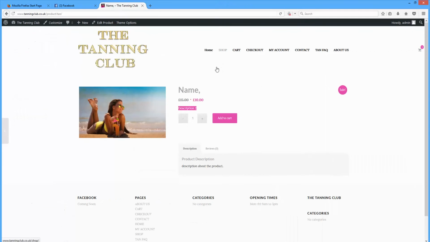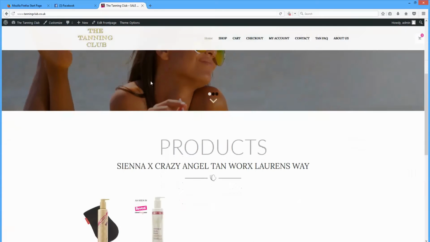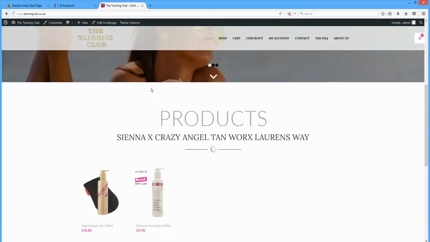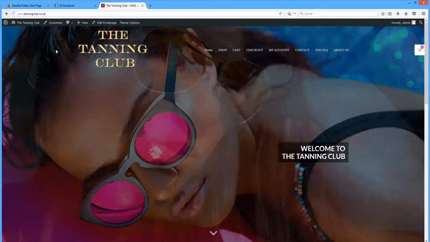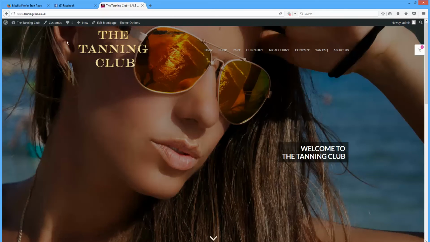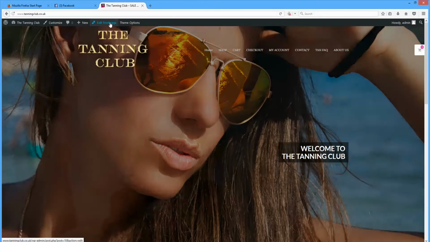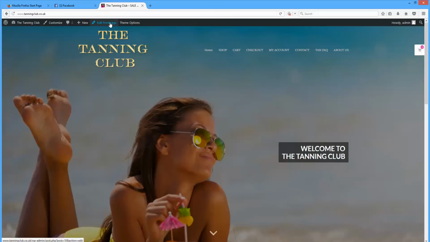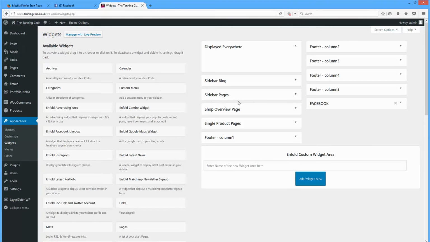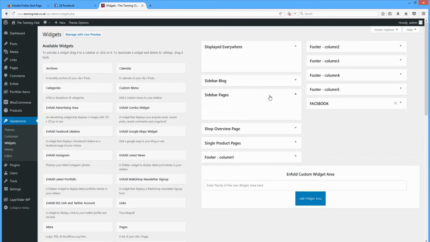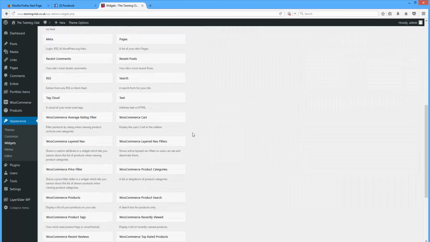So now what we're on now, sidebar entering. So on the home page. Oh, actually, I'll show you on the home page how to add text as well while I'm at it. Right, sidebar entering. So we would want to go into widgets, sidebar pages. There's nothing in there, so let's go to